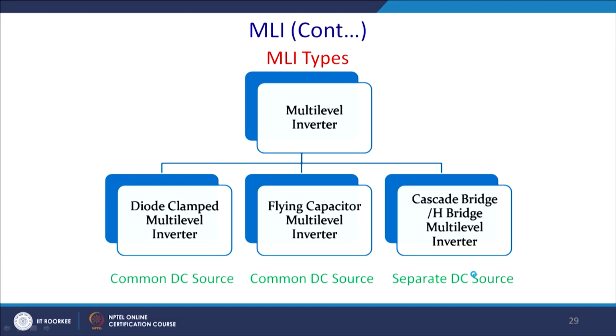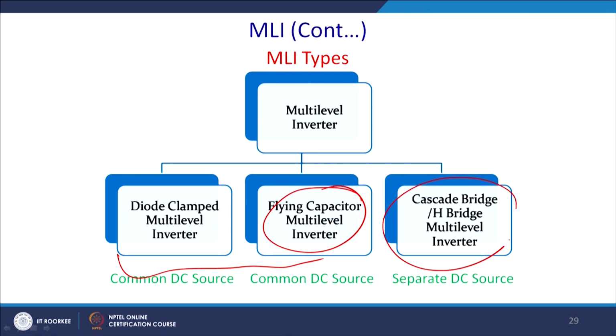Now, let us see the classifications of these inverters. Multi-level inverters can be broadly classified into 3 categories. Sometimes it can be coupled and this has been kept aside, so we decided to go by the conventional classification. One is the diode clamp multi-level inverter. We see the topology, we will find that there are many diodes put into the system, and if the level goes very high, the number of diodes also increases like anything. We shall see the advantages and disadvantages of the diode clamp multi-level inverter,